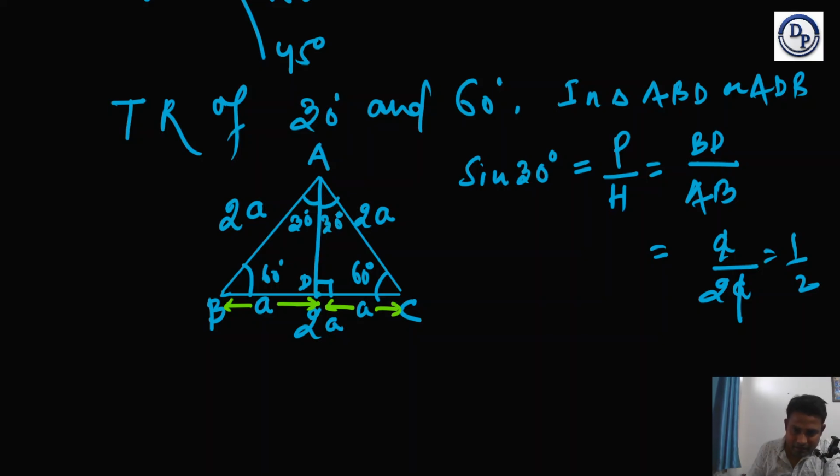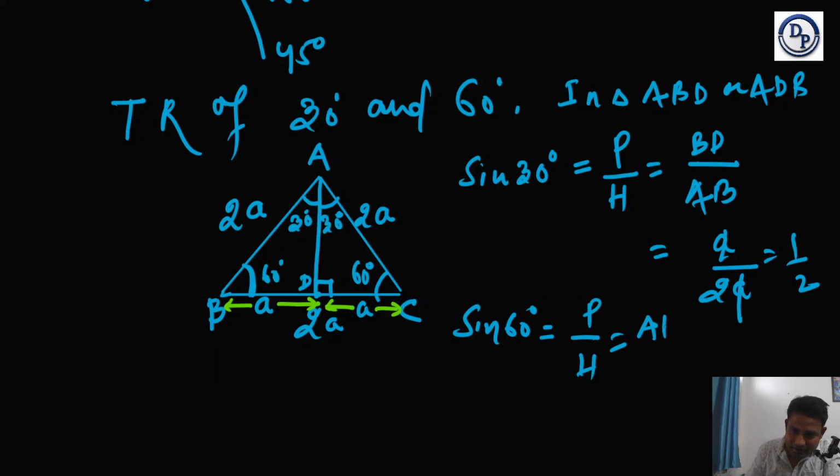Similarly, now we have to do sin 60. First of all, find where this 60 degree is kept. See, the 60 degree comes in triangle ADB again. This is 60 degree, and this 60 degree is simply kept here. So this BD becomes the base and AD becomes the perpendicular. So again sin 60 is P by H. I told you this angle is kept on this BD side, so BD is the base here and AD acts as P. So this becomes